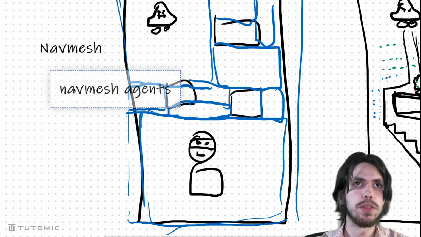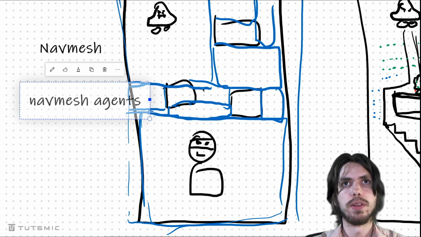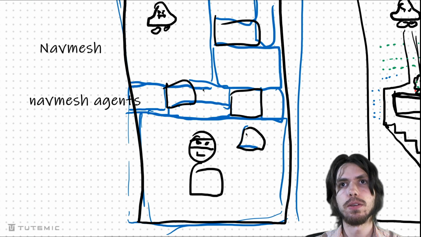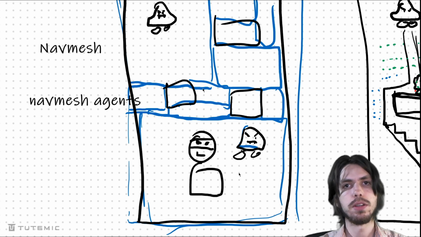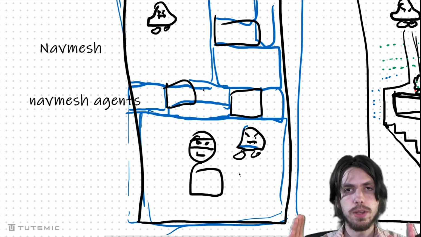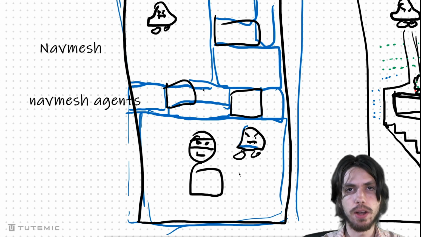Okay, so agents are the things that are looking for paths to their goal. So this enemy perhaps is a nav mesh agent, and perhaps it is right here, right next to the player character or whatever. And so is it going to use some kind of fancy algorithm, Dijkstra's, A star? No, because how it works is that if both the goal and the agent are within the same polygon, then there's no obstacle. So all it's going to do is just go the direct path.